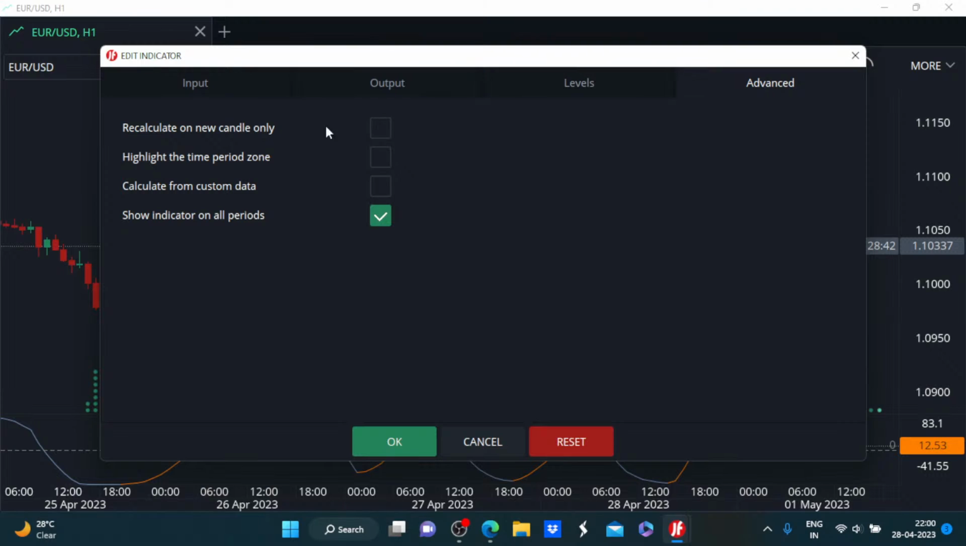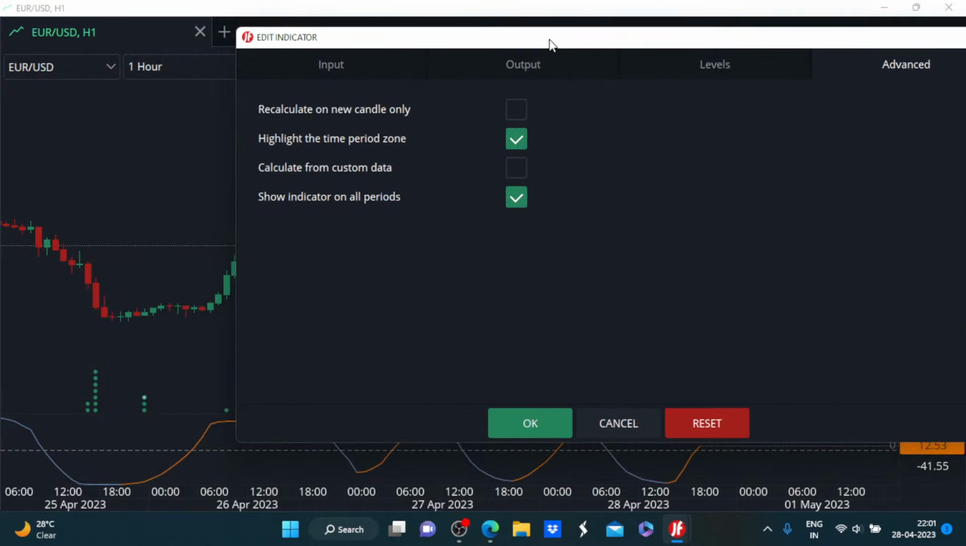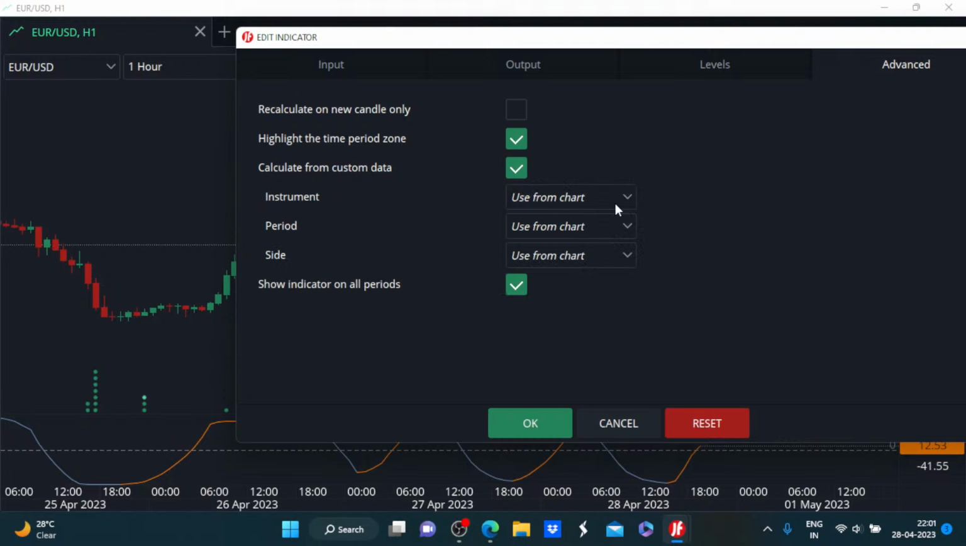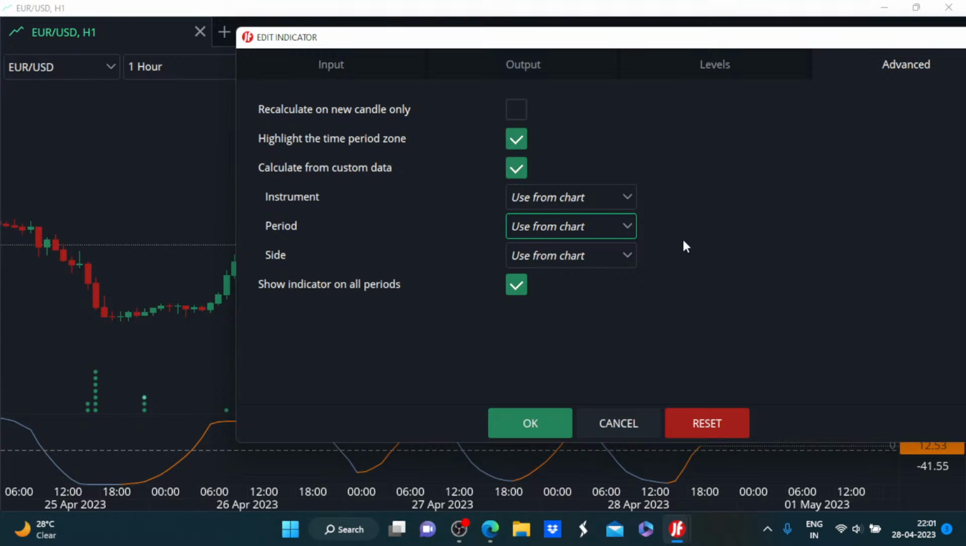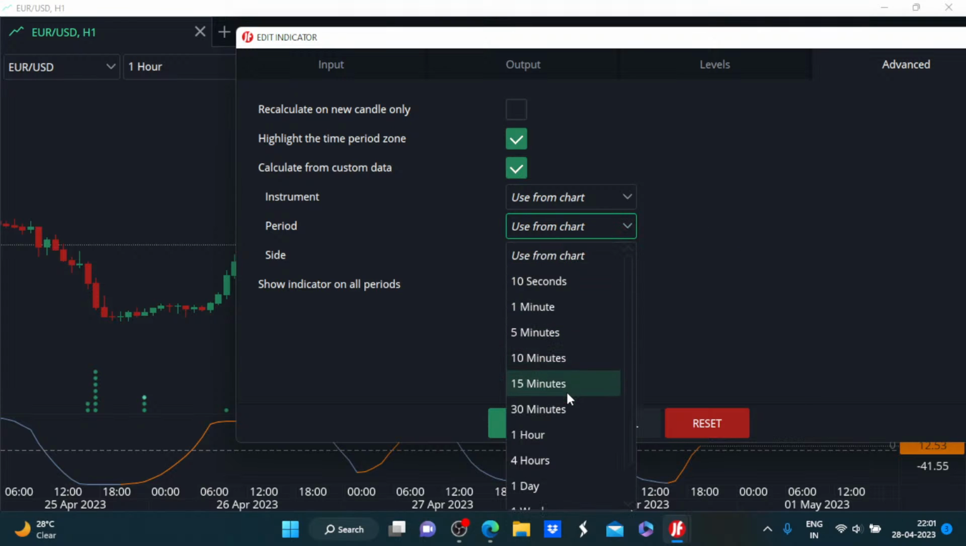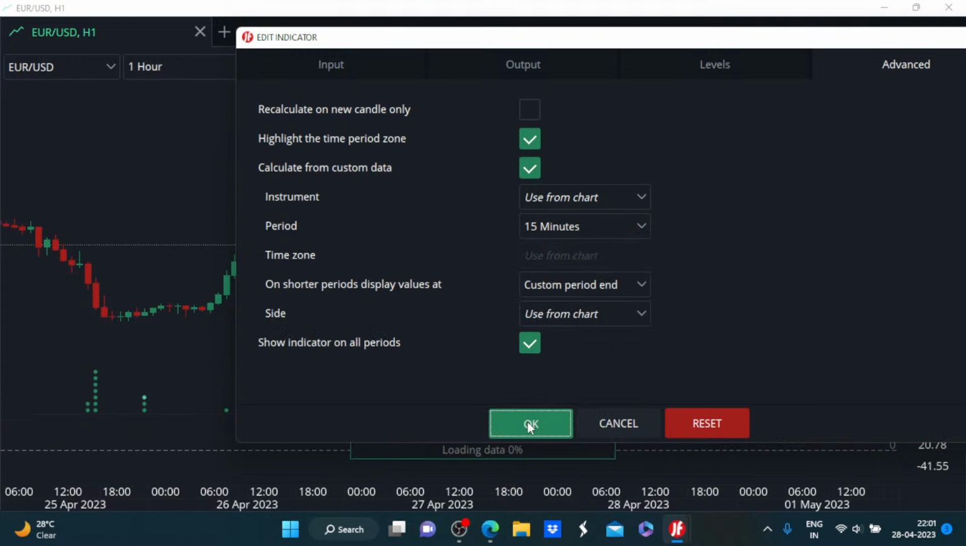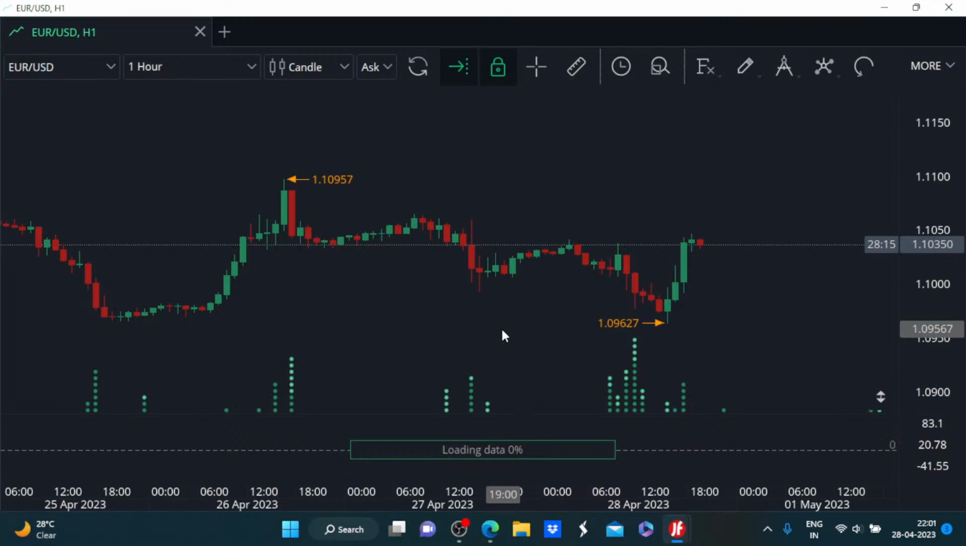Advanced editing options: we can calculate on new candle only, and highlight the time period zone. We can go for this, and your calculation period will be highlighted. The calculation can be customized further with the instrument being used from the chart. You can do the same thing for the candle period. You can use it from the chart, or you can even specify it to be considered independently of the chart's